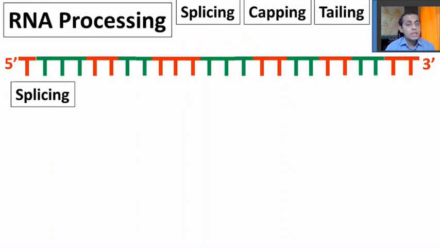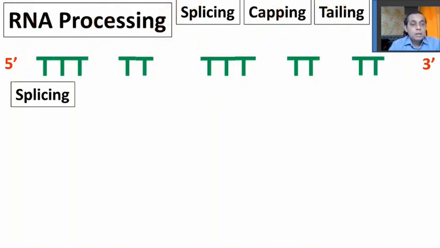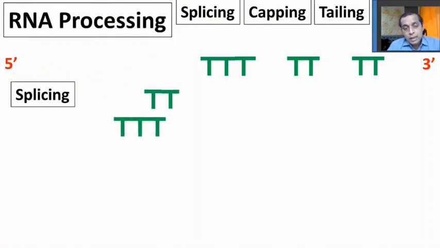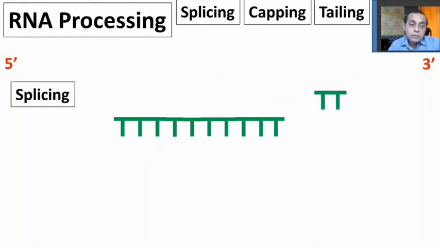So the regions on this hnRNA in green are the functional regions called exons, and the red regions in the RNA, what you see, are the introns. And splicing means joining them. Now there is a body formed called spliceosome, which involves some very important enzymes, and some small nuclear RNAs also are involved to remove these introns and join the exons. So splicing means joining these exons. Now these exons join, and compared to hnRNA, a small RNA is formed. This is called splicing.